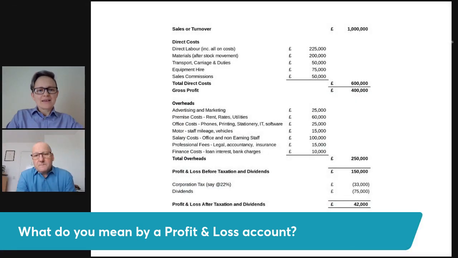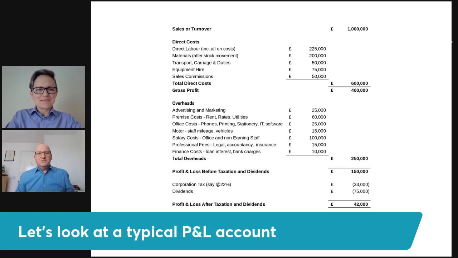Yeah, absolutely. So let's break down the structure of a profit and loss account. I'm just going to bring one up on screen for you to run through. Okay. So this is a typical example. It hasn't got everything in there. So what we've got is a business that's turning over $1 million, with million